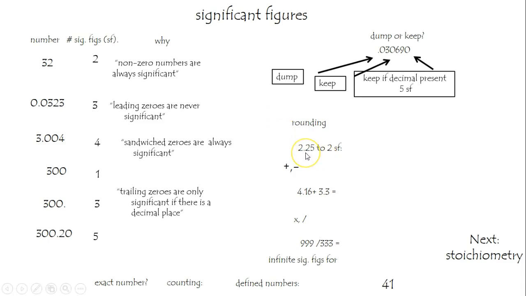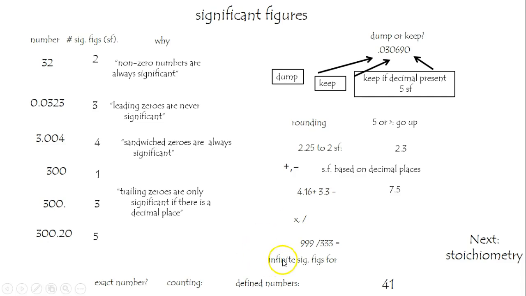If you need to round, for example, 2.25 to 2 significant figures, 5 or better go up, we're going to call that 2.3. Adding and subtracting, we keep the fewest number of decimal places. Therefore, when we add this up, the raw number would be 4.49. However, we only have one decimal place, so we are going to say 7.5. I cannot add in my head. Look at that. That should be 7.46, rounding it up to 7.5. Best to do these on a calculator.